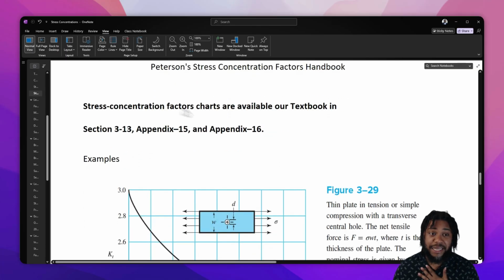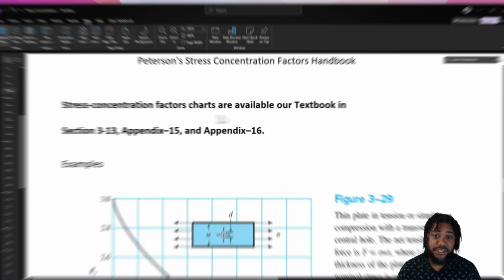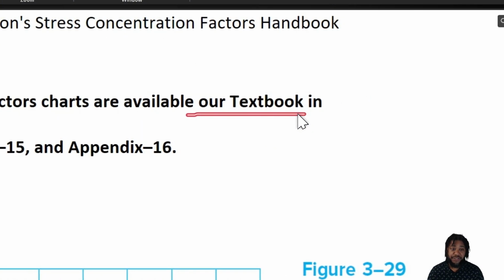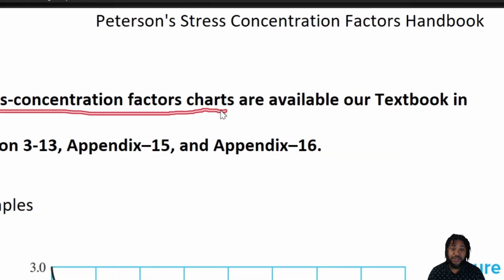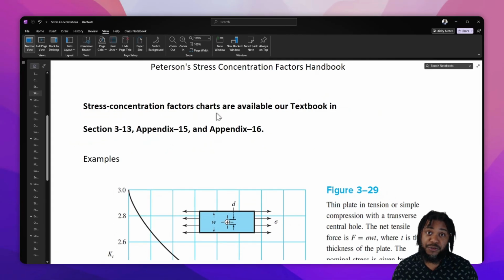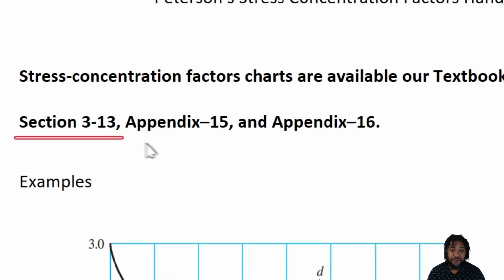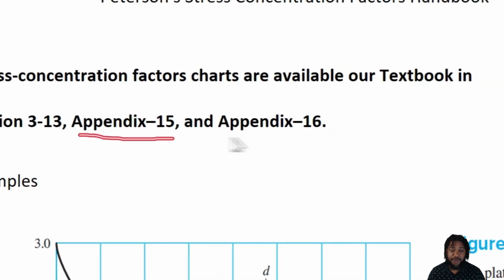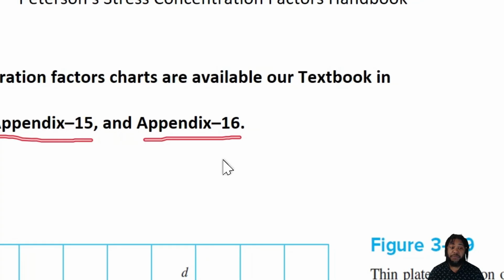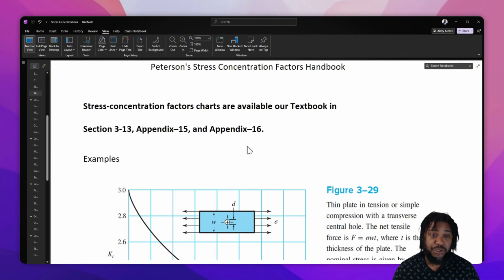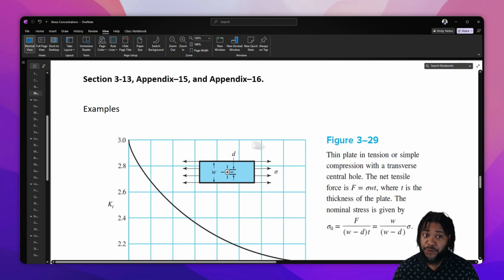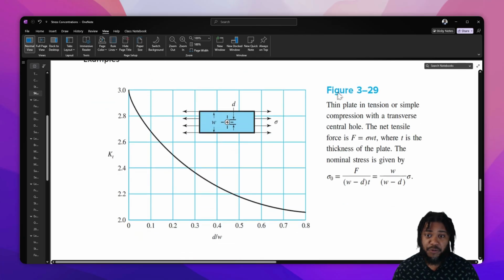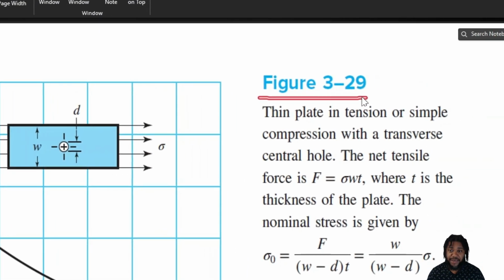Now, in terms of our class, our textbook gives us a good series of stress concentration factor charts, which we can use and we will use for our homework and our exams. Those charts can be found in section 3.13, as well as in appendix 15 and 16 of our textbook. Now let's look at an example or two of what a stress concentration factor chart is and how we read these charts. So for our first example, we'll go to section 3.13 and we'll find a stress concentration factor